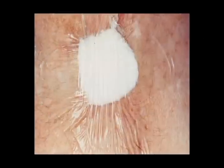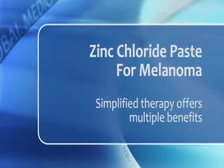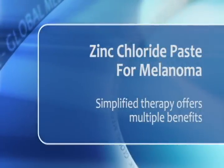Zinc chloride paste, an all-natural compound with nearly 2 centuries of medical use behind it, still benefits patients with melanoma, according to Dr. Norman Brooks. Zinc chloride paste is called an escharotic, which means a substance that penetrates into the skin and kills cancerous tissue. It's been around since the early 1800s, actually, and it was discovered to be the deepest penetrating one that has